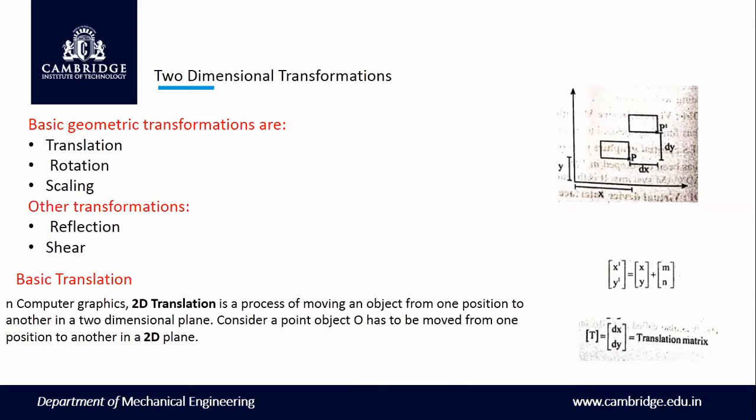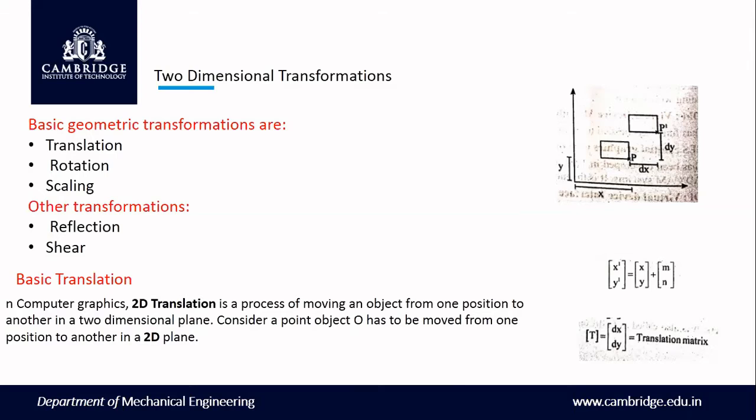This is not a multiplicative type of thing, it is an additive type of thing. In homogeneous transformation we can have a multiplicative form, but normally in translation things are additive. That is, along x, how much distance it will move, along y, how much distance it will move. If a point 1 comma 1 is there, and I want to move it in the x direction, there will be a translation factor.